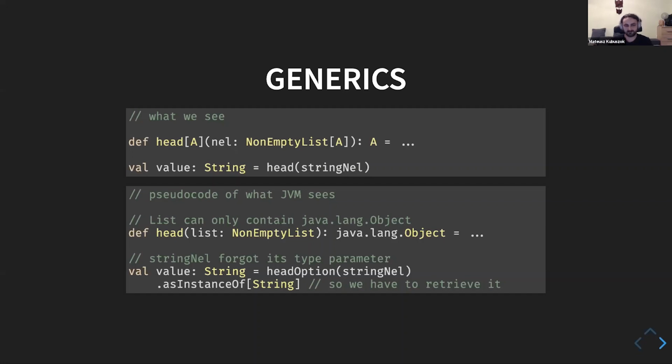Another consequence of the fact that we have erased generics is that because the JVM isn't making any checks that we would have to conform to, we are able to implement whatever type system we want, as long as we make sure that it won't produce any faulty results, which is why Scala was able to add higher kinded types. And those higher kinded types work because there are no obstacles on the JVM level. So it's one of the things that actually allows us to get Scala to what it is today.